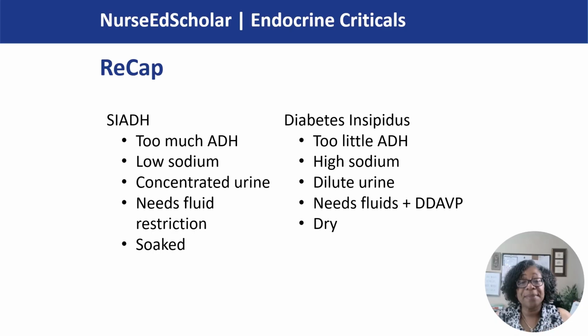Now with diabetes insipidus, they have too little antidiuretic hormone, high sodium because they have excreted all of the urine, so they don't have enough fluid to dilute the sodium, so the sodium is going to be high. Their urine is going to be diluted because they are flushing out all of the fluid. And so for this patient, you're going to need fluids, and you may see orders for DDAVP. So diabetes insipidus, the patient is dry inside. Okay,